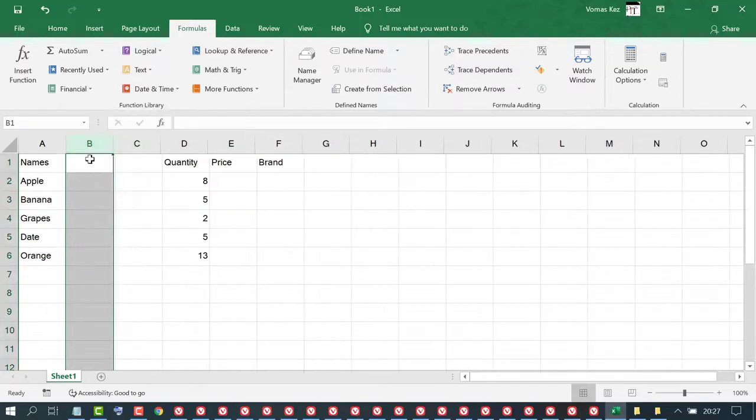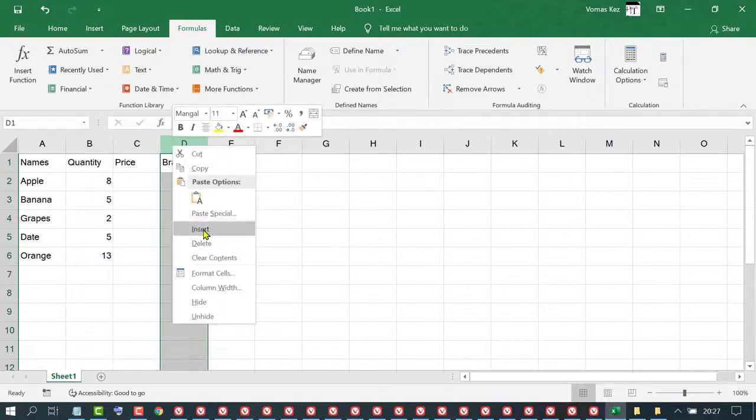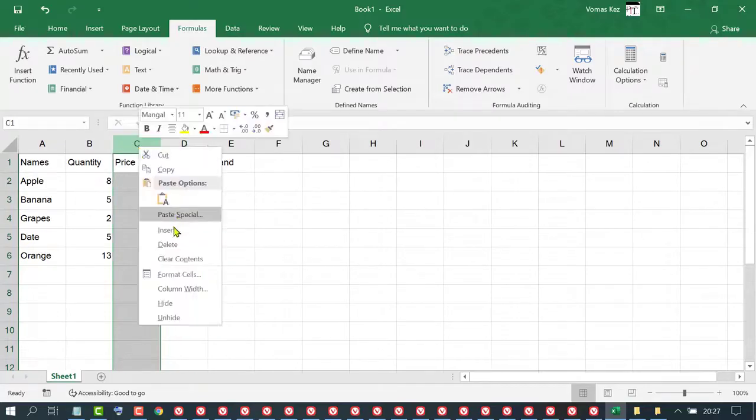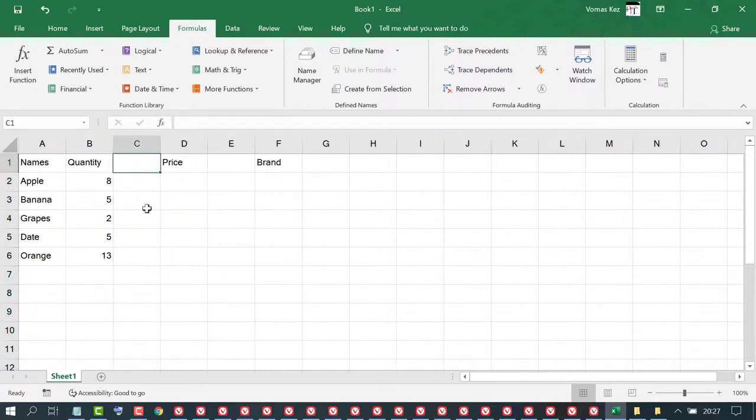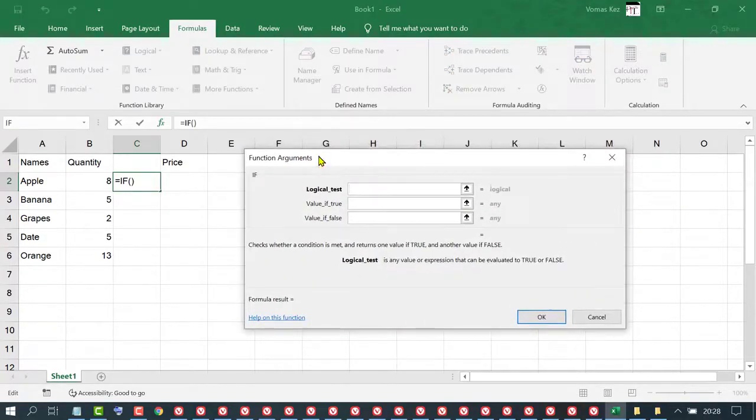Delete this column. So if you want to see the IF formula, type here, IF, then okay. Like 3. If 3